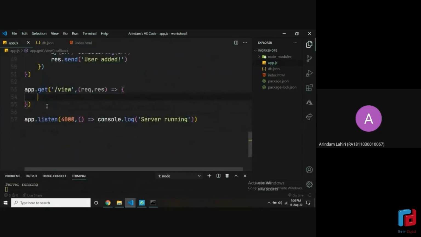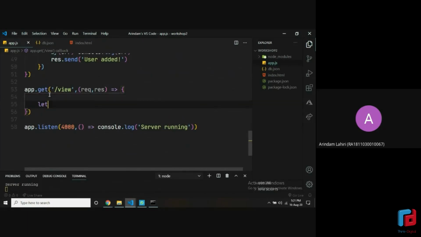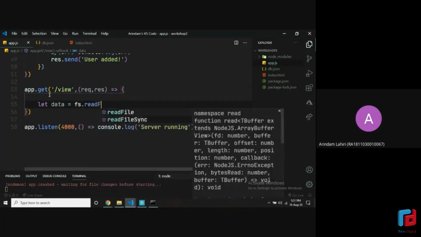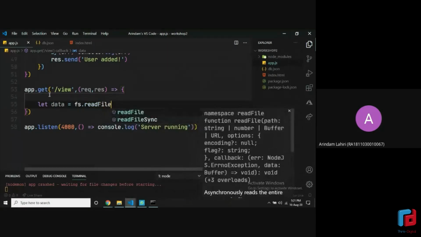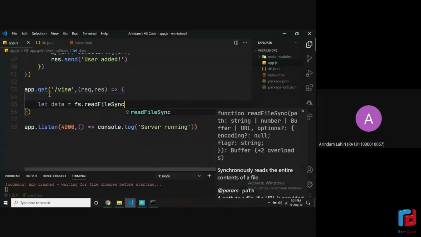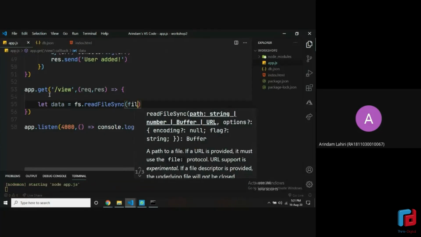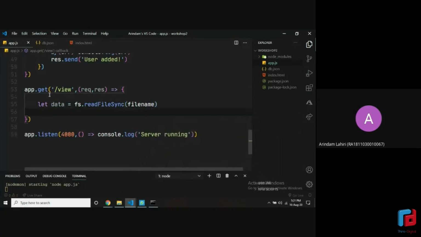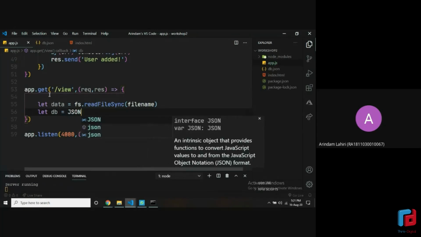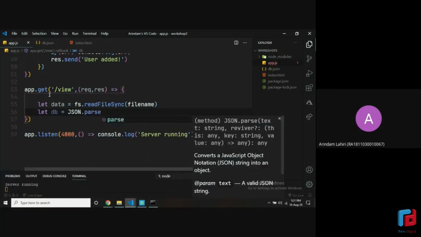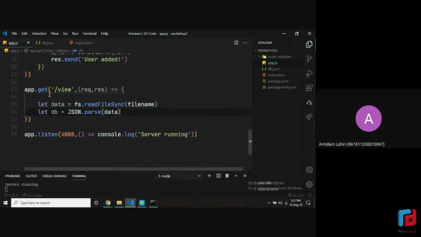And this time, let's just get all the data from the DB file, like we did earlier. We need to get this every time so that we are sure that we are getting the updated version and not some old version of the file. So that's why we need to read the file again with the file name and convert it into JSON again. It's the same thing. We're just doing this to make sure that we have the correct version. Pass data the same as before. All right. And now,